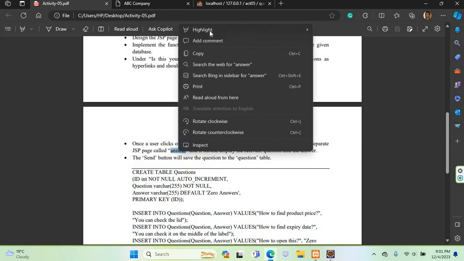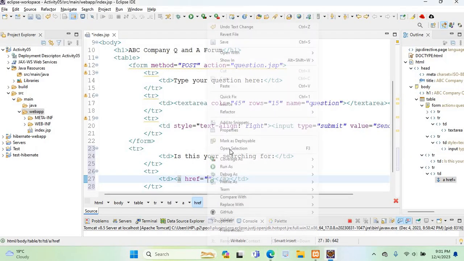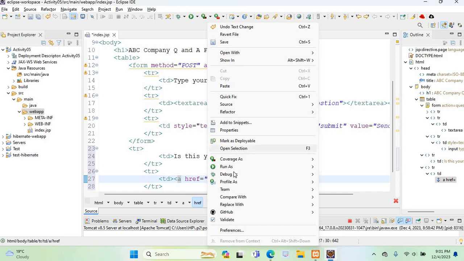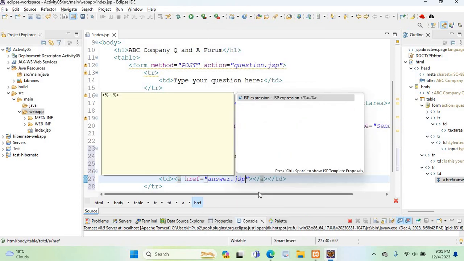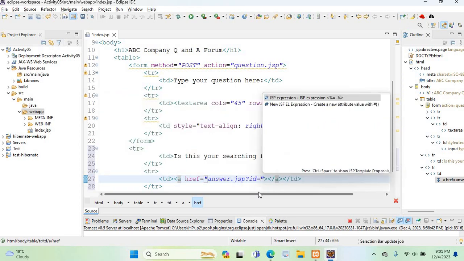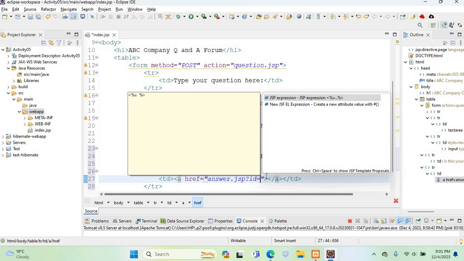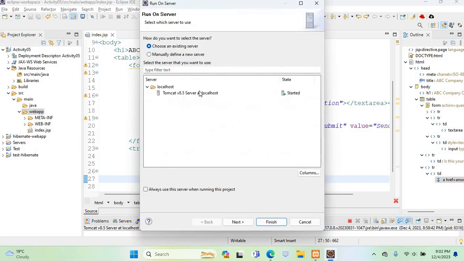We still didn't create that one, but we will add it like this here: answer.jsp, and we are going to pass a kind of ID here. We still don't have the ID, so we will keep it like this, and some text is here. So if I run this now,